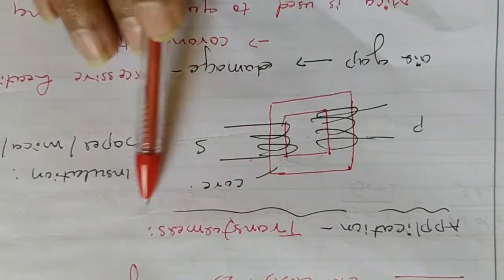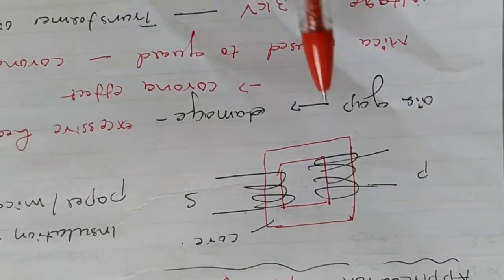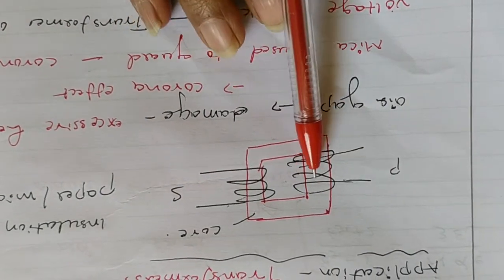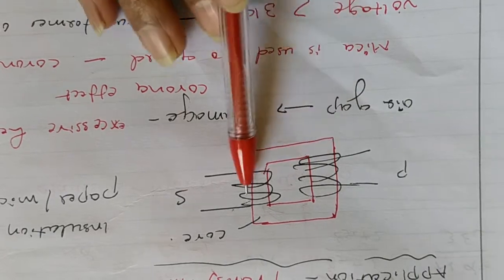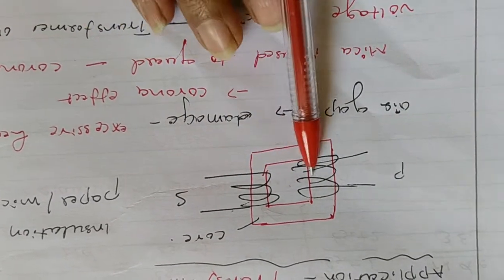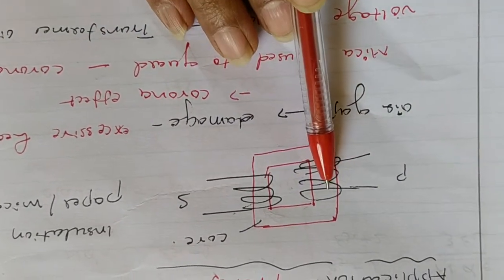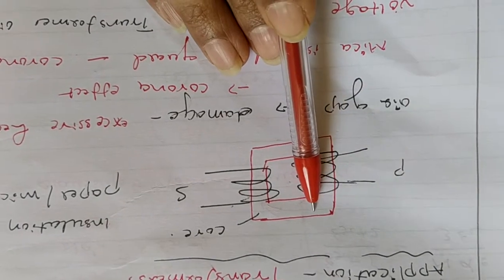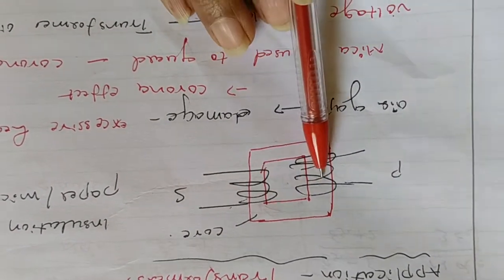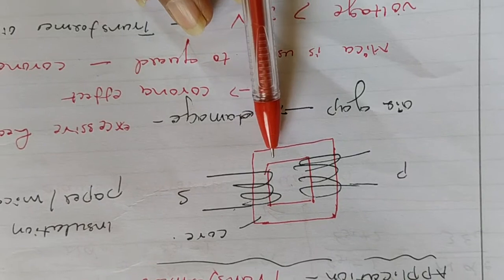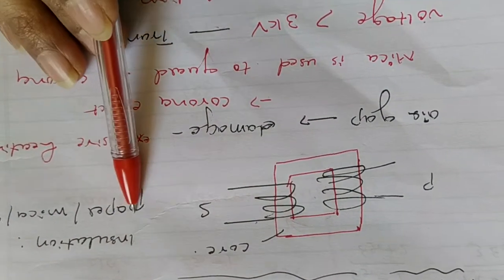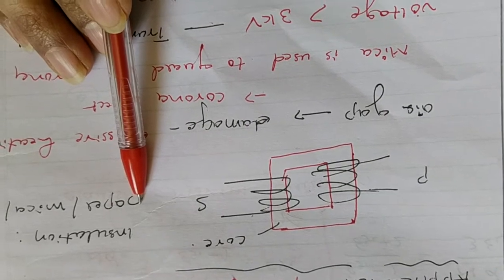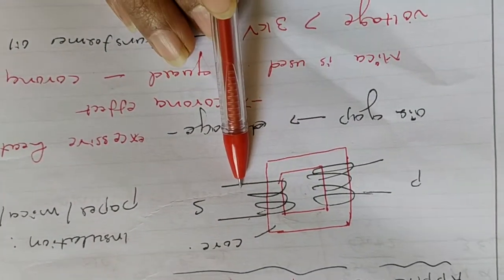What are the applications in the transformer? You studied the transformer in electrical science. A transformer is nothing but two insulated windings, a primary winding and a secondary winding, insulated from each other, and there will be insulation between the winding and the core also, because it is wound on the core. So proper insulation must be there. For low voltage application this much insulation is sufficient, but for high voltage application, thousands of volts, extra insulation must be given.